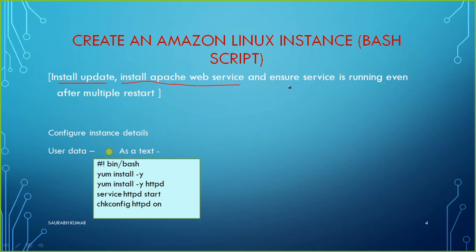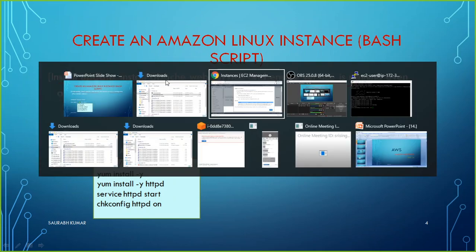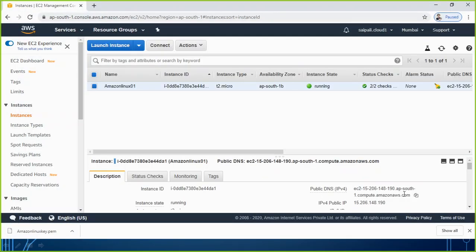other thing. For example, I have taken the example of a service, maybe I want to talk about this Apache service. I want to make sure that even if this instance gets restarted or anything, this service should always be running. Whenever the machine gets restarted, this particular service should be started automatically. For that we just have to perform a few extra tasks. Let's perform that task. We already have an instance which is running. Now I'm going to make a new instance, and this time I will be adding some bash in that instance.